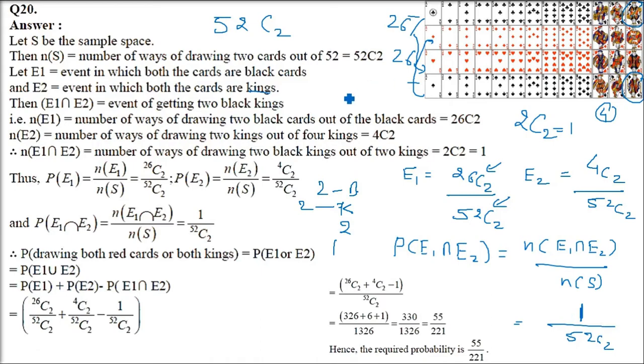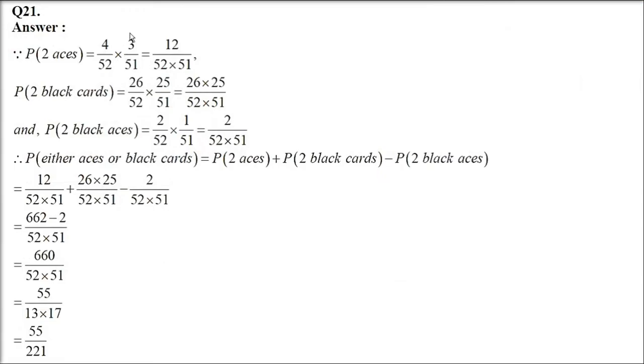Because we have done an earlier question, we have already put 2 here. But here the scenario is different. We are not selecting 1 out of 2. We are selecting 2 out of 2 and they both are black kings. So now you have probability of E1, you have probability of E2, and now you have probability of E1 intersection E2. Now you know the addition theorem, put it here. See? So you just add it and subtract this one from here, and the computation is in front of you. It will be 55 by 221.